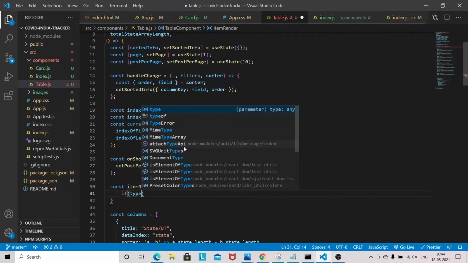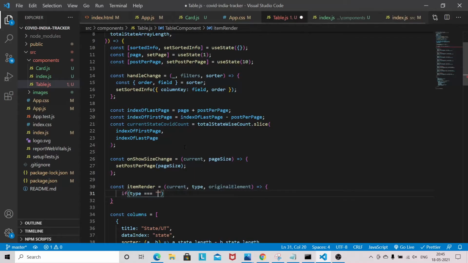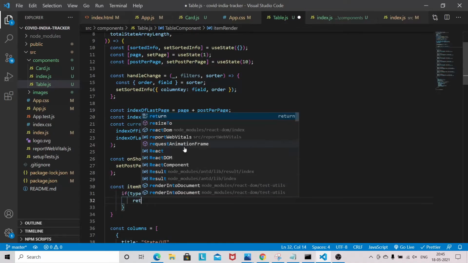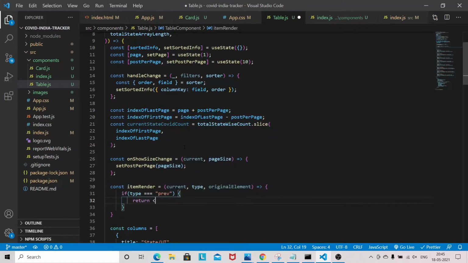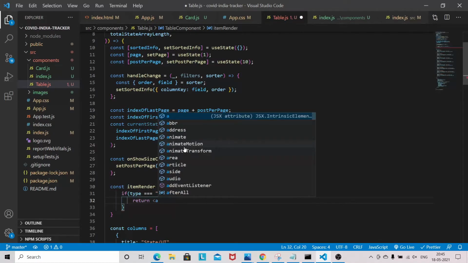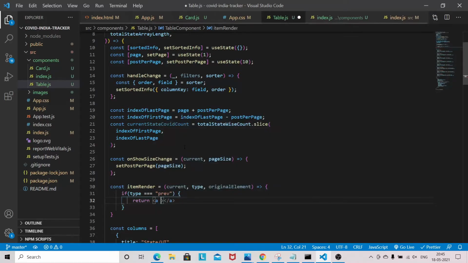So if type equals previous, return a here with className text-primary, and I will give the button name previous.